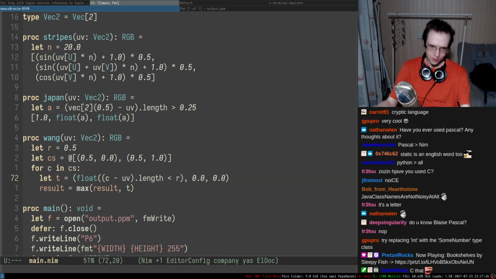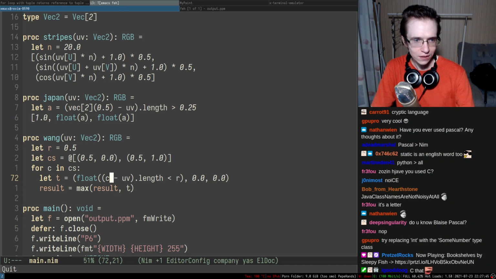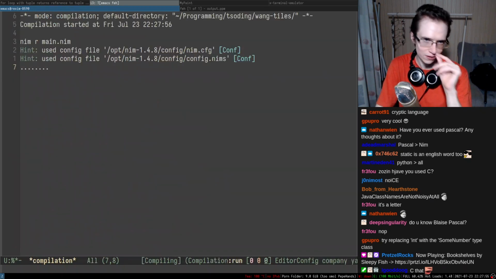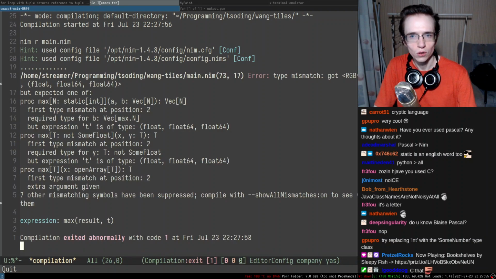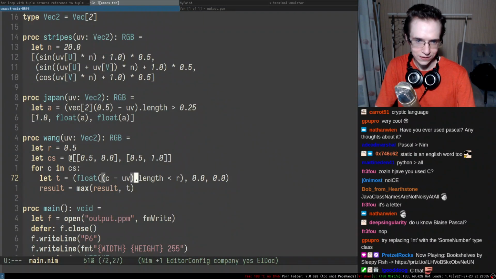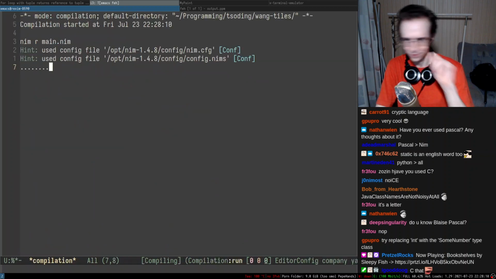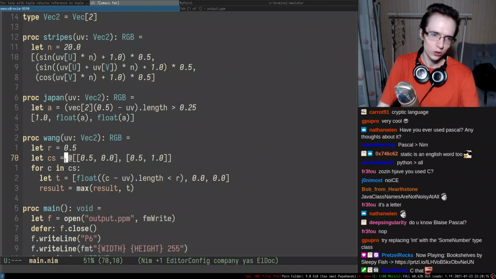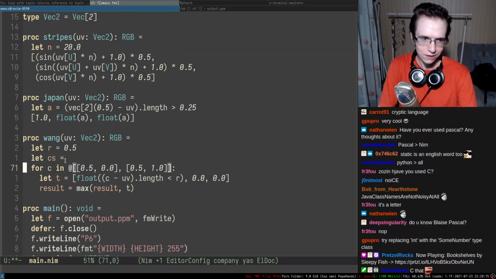I don't quite understand. So we have a C. Oh yeah, because this is supposed to be an array. Sure. This is supposed to be an array. Cool. We have a sequence of these things. Almost, we're almost there. So we have a maximum got RGB between. I see that. Cool. So can I actually put this thing in line now?